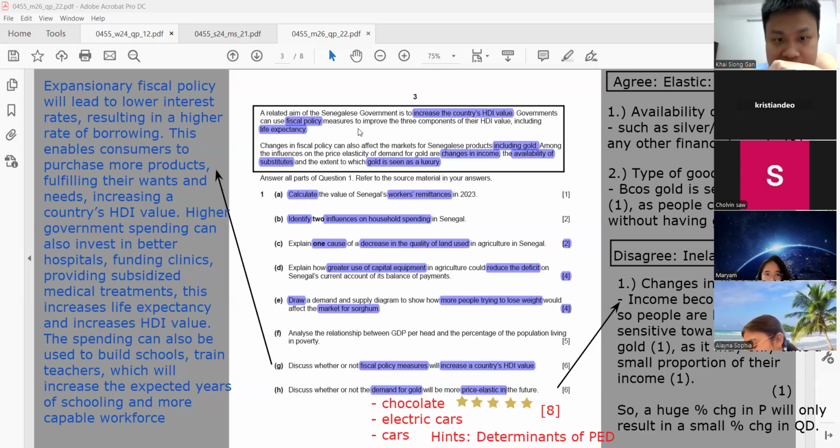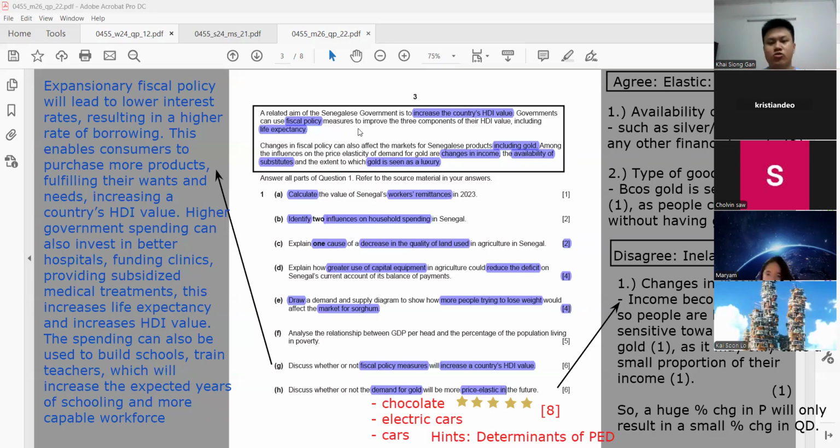Very good, Mariam. Your answers are correct. The economy is unpredictable in the future, so people buy gold as the price is stable. You can say gold is deemed as a safe asset. Kai-Sun, change the sentence. You can say economy is unpredictable and gold is seen as a safer asset. Then people will buy gold, so the demand for gold is price inelastic. Not about the price. You cannot say the price is stable. You can say the economy is unpredictable and then the gold is seen as a safe asset, which is true.